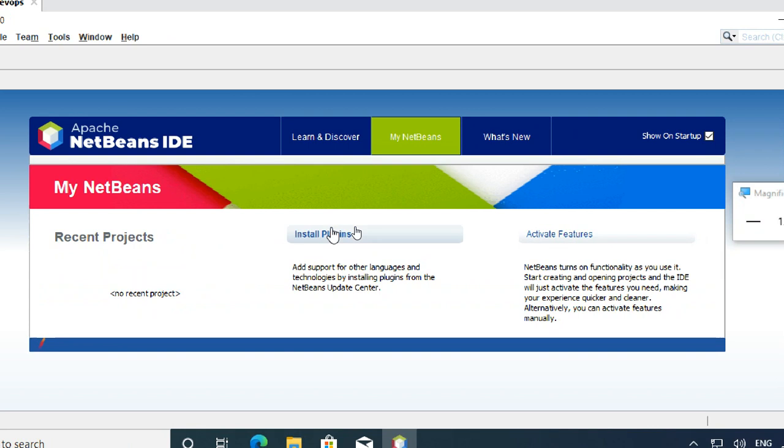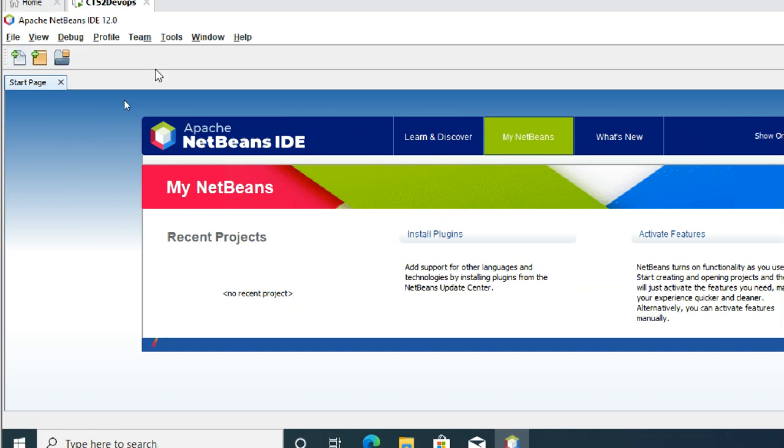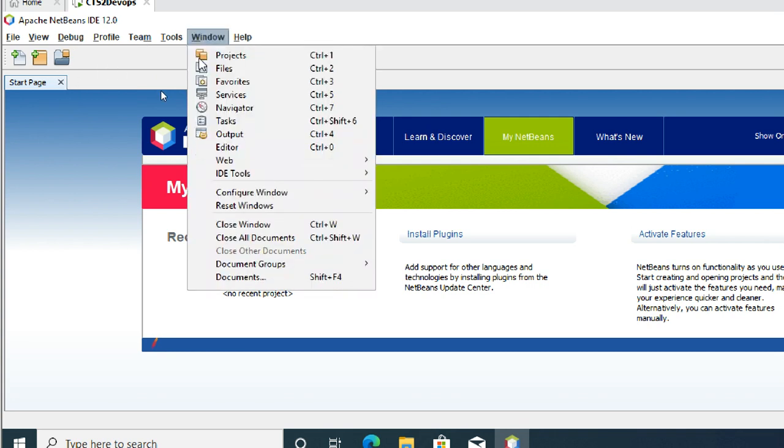If you want to install any plugins, extra plugins, you want to activate features, you can do it that way. And next you can see Windows, help, tools, team, profile, debug, view. So I went to Windows, IDE tools.